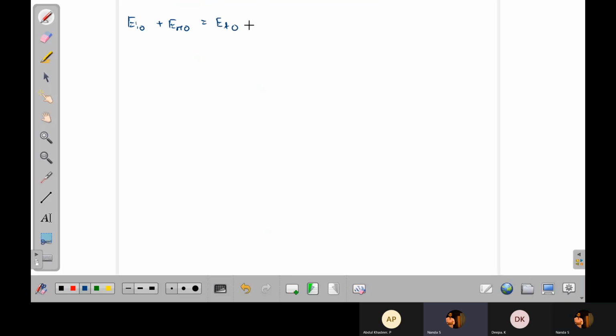Okay, what does this mean? This means we have written E1 equals EI plus ER. When I am writing E1 at z equals 0, that is E10, so I'll write E10 equals EI0 plus ER0. Okay, so that is what is written here. This is E1 and this is E2. So we are just equating two things.